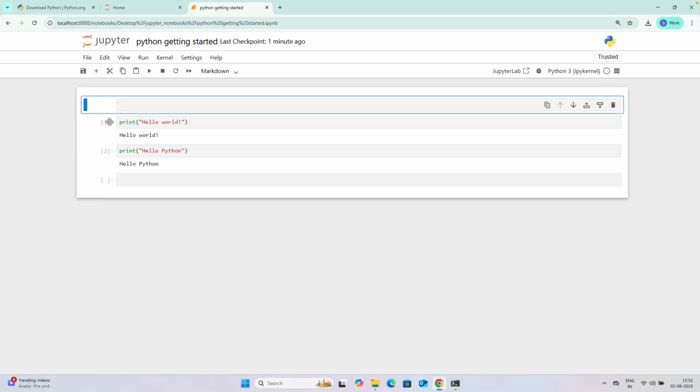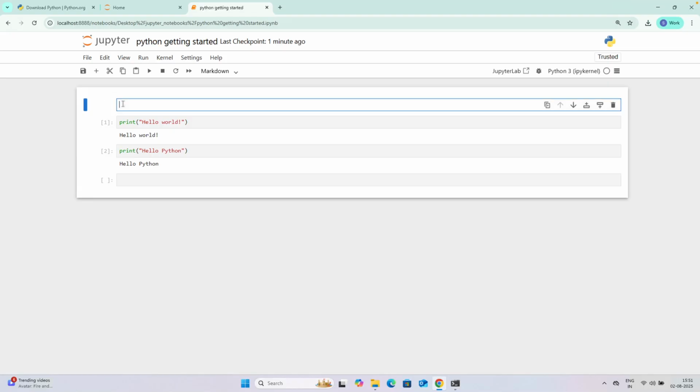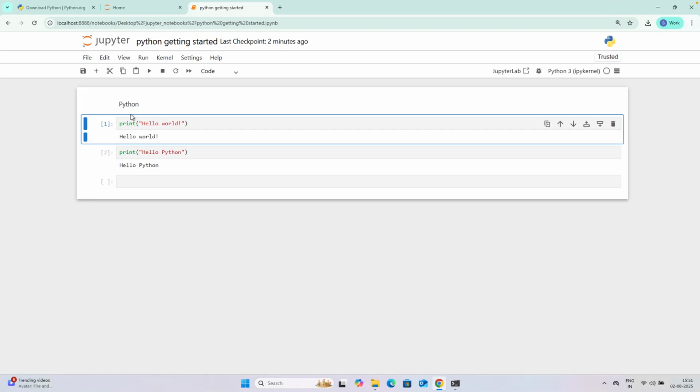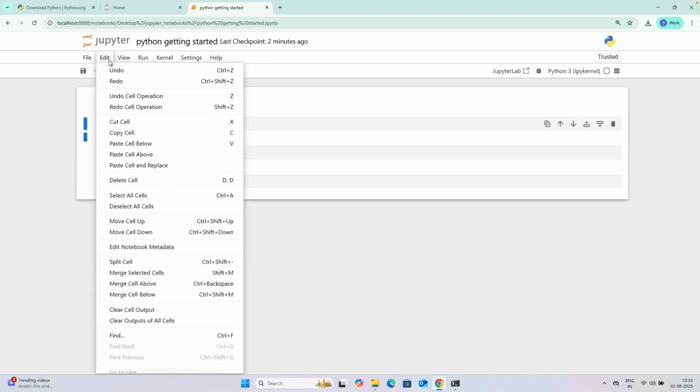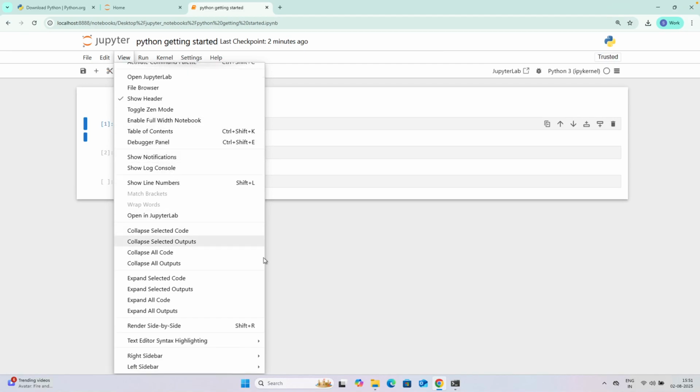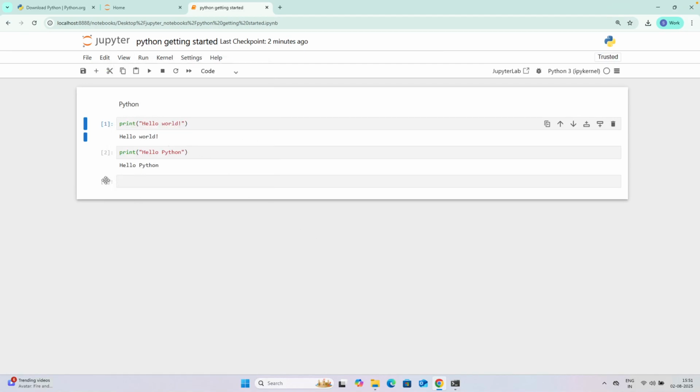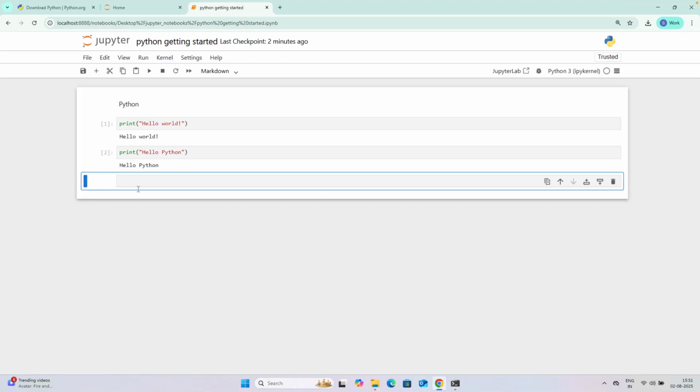If you want to convert this back to a code cell: on the code cell you will see this square brackets colon, but for a text cell you won't see this. So if I paste or type something like this as Python, that would act as the text cell that we have seen over here. You also have an option to convert a particular cell into a text cell. Let's say you click this over here, so this cell is selected, and you want to convert this to a text cell. You just press M and it has been converted to a text cell. If you want to convert it back to a Python code cell, you can just press Y. Y would convert it to a code cell.